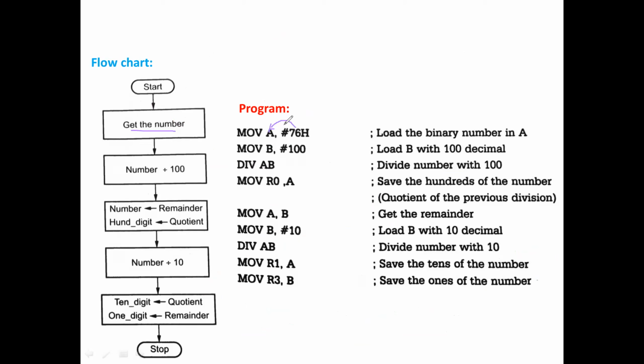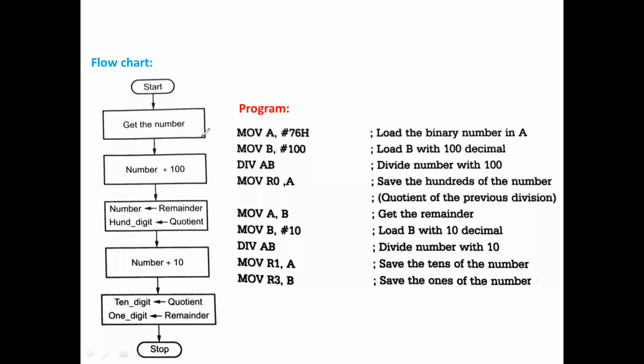The 76H is my input data, the binary data, which I have given as hexadecimal, or you can directly give it in binary form also. But finally, you must represent it as B. That we will see. The 76H can be given as a binary value also, no problem.